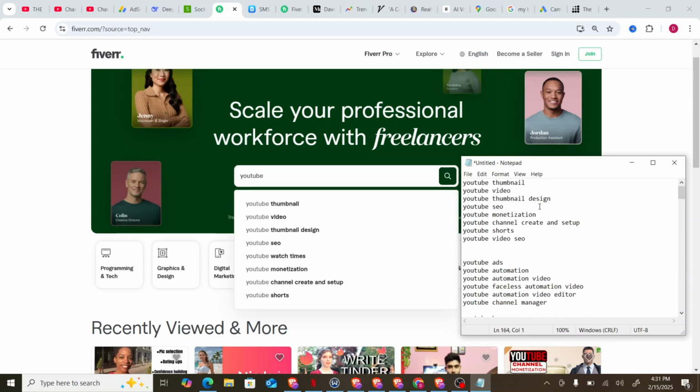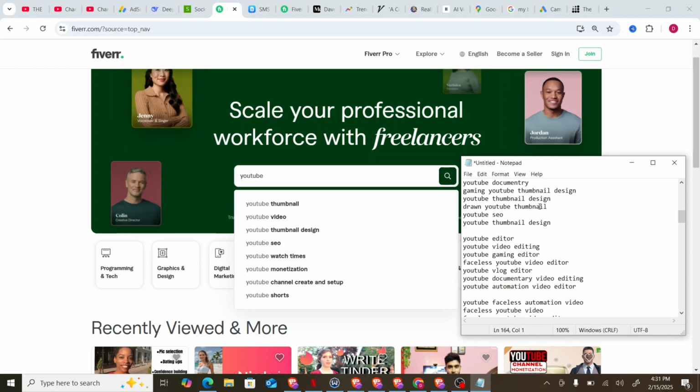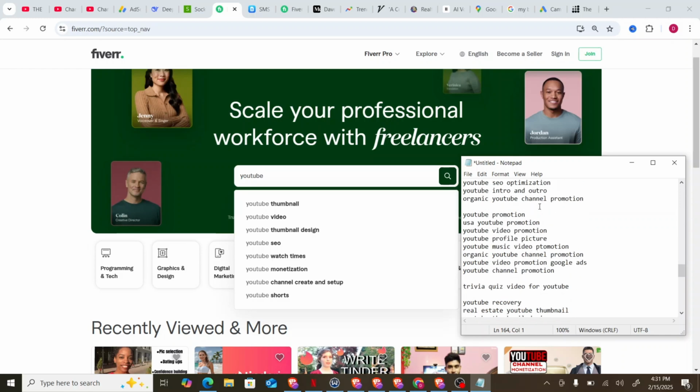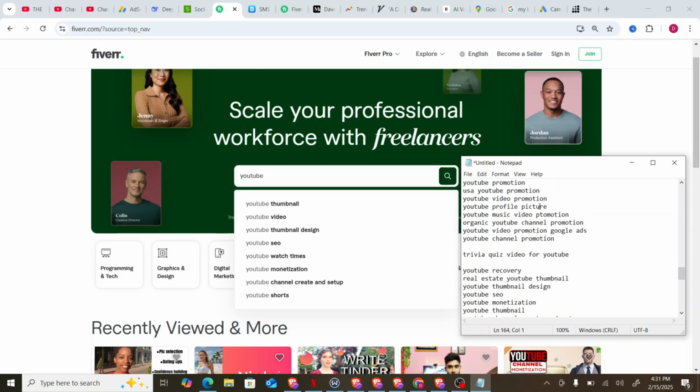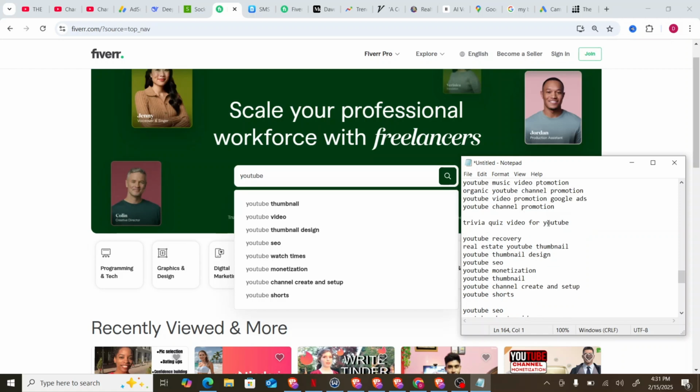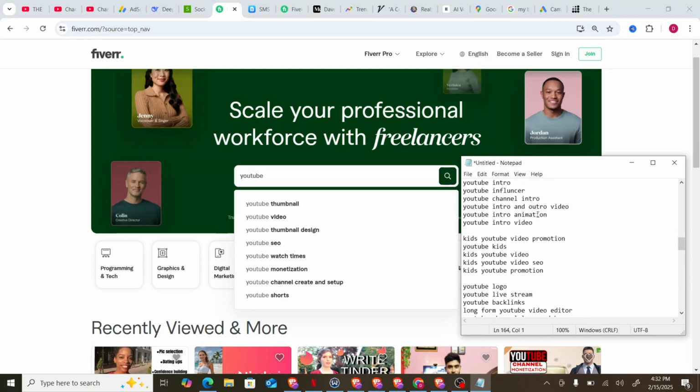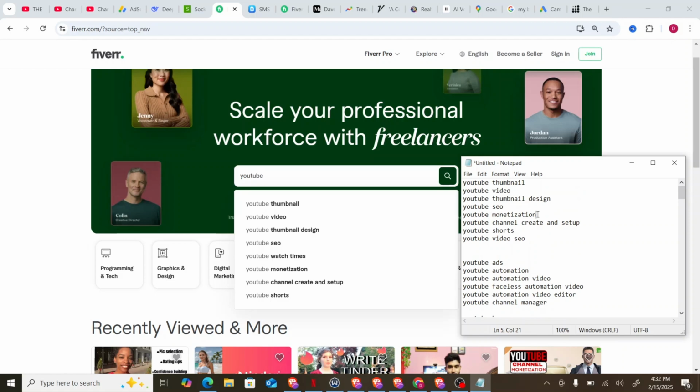What is next for me to do is to create a gig. With all these keywords that I've accumulated and joined together, that I've extracted from Fiverr itself, I can use them together to form 4 gig titles. If you have a Fiverr account as a new seller, you are entitled to 4 gigs on your new seller account. But I already have 1 gig on my account, which means I'm left with 3 gigs. So I will just copy all these keywords